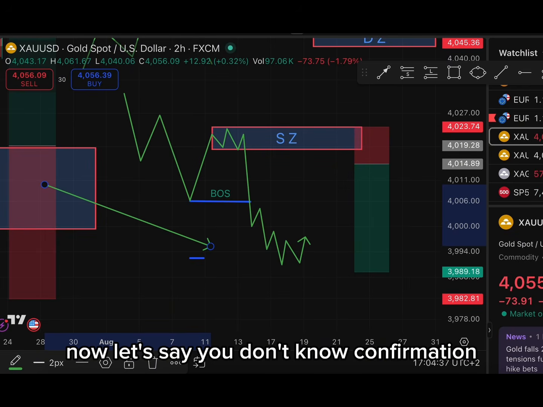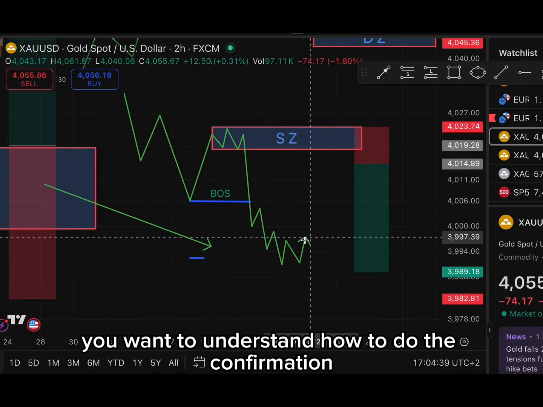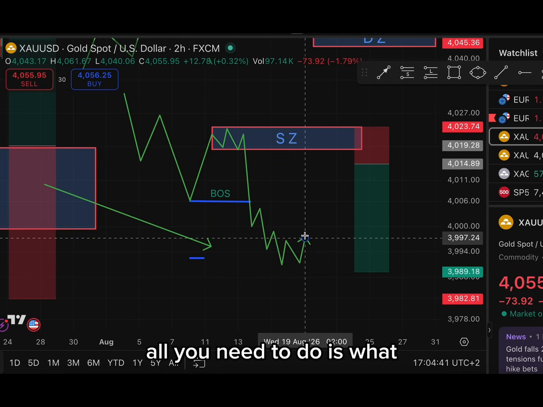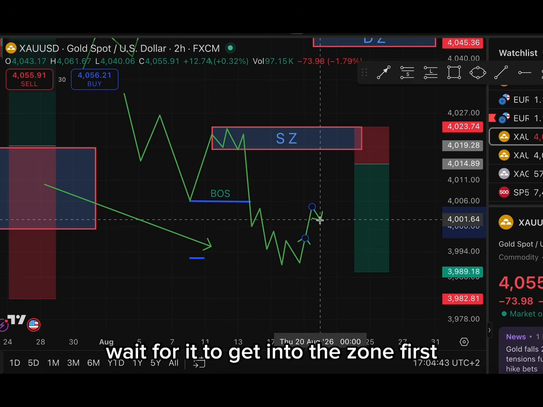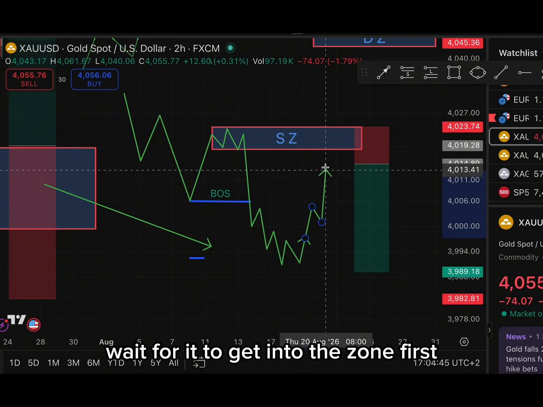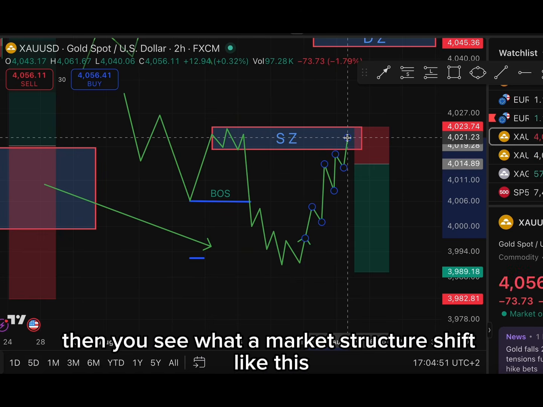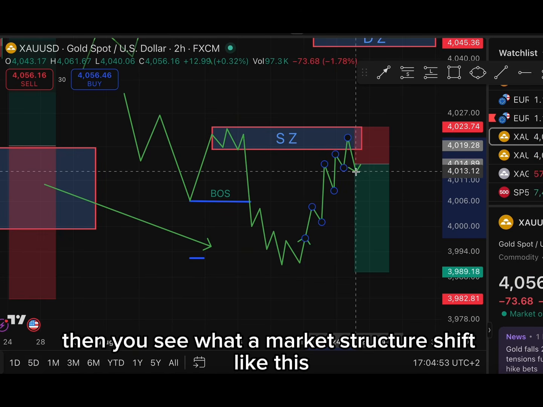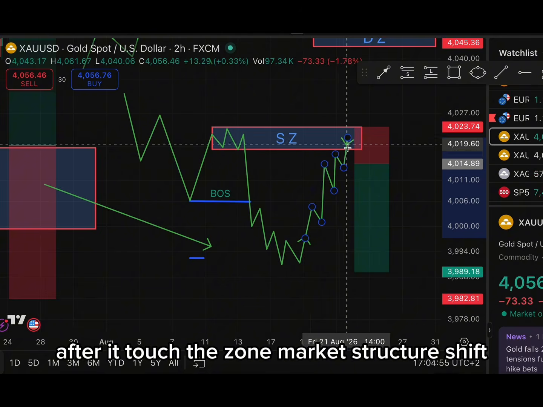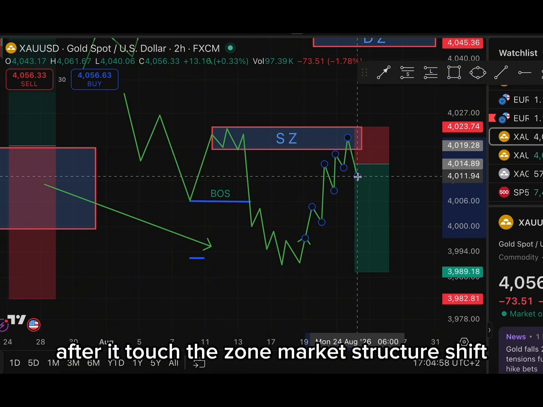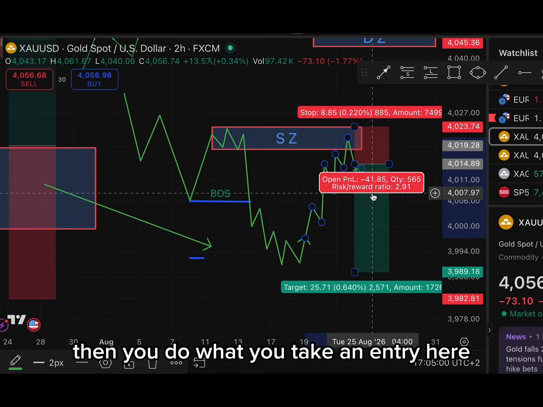Now, let's say you don't know confirmation. You want to understand how to do the confirmation. All you need to do is what? Wait for it to get into the zone first. Then you see what? A market structure shift like this. After it touches the zone, market structure shift. You do what? You take an entry here